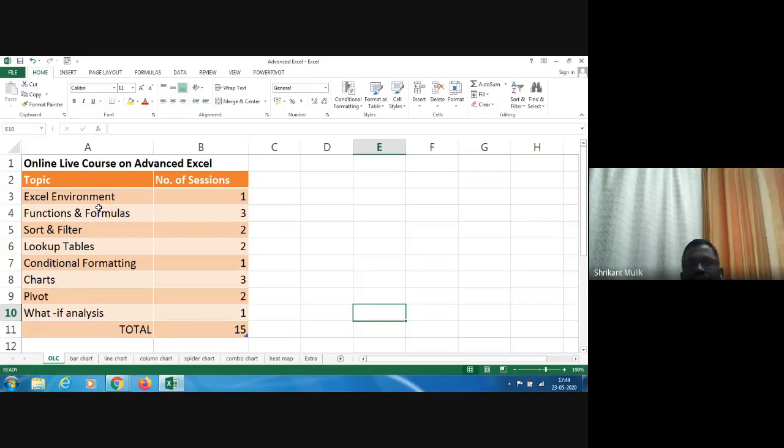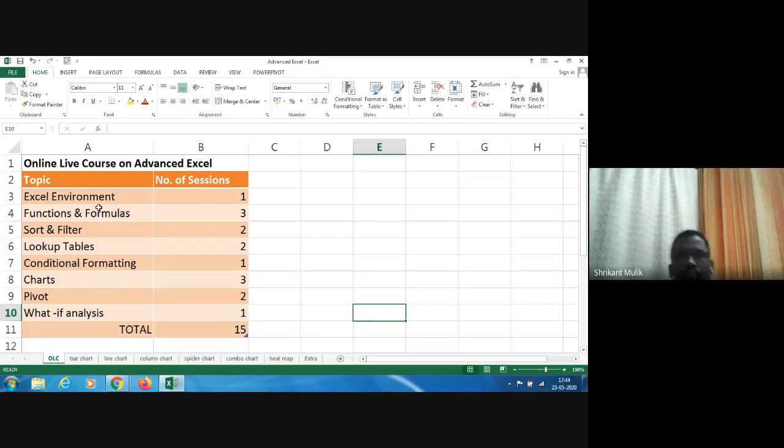You can do a better job. What happens with Excel is that if you don't know these tricks, then you spend a lot of time doing a lot of hard work. And if you know these tricks, these charts, these rules, you do smarter work. So the whole idea is to do smart work rather than hard work, and this course will help you become smarter when you're working in the office.